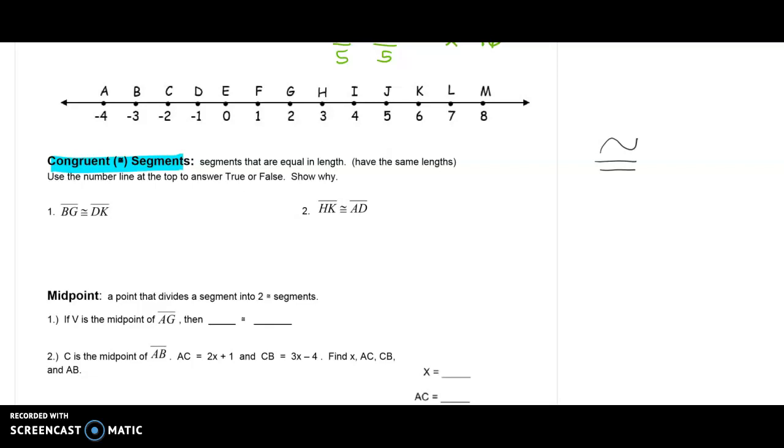So this number line is the same one as the one from the beginning. I just pulled it down so you could see it easily. Congruent segments are always the same length. So to prove that two segments are congruent, we want to look at their length. So if we look at BG,